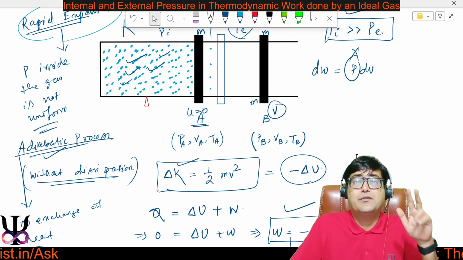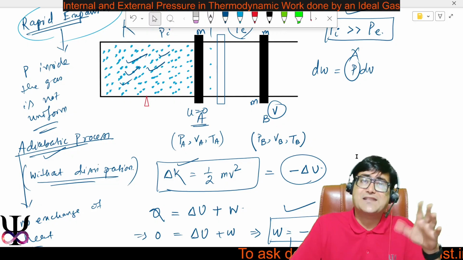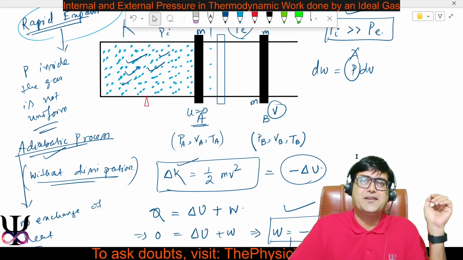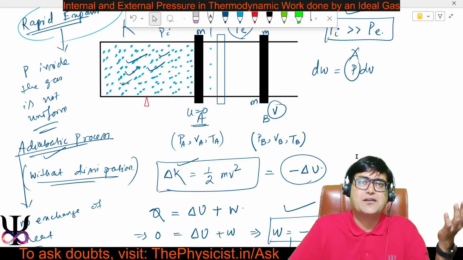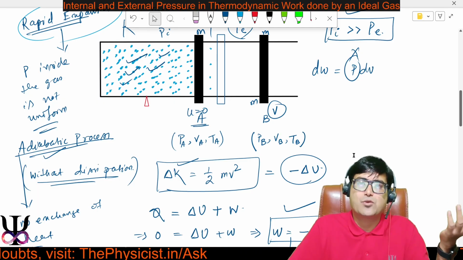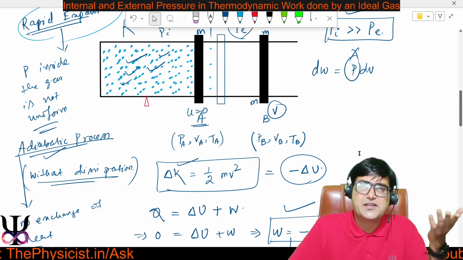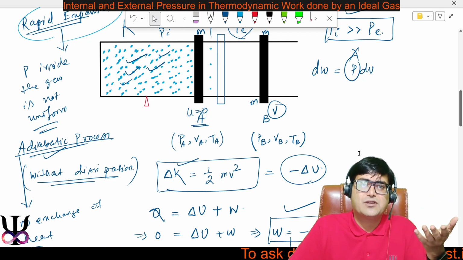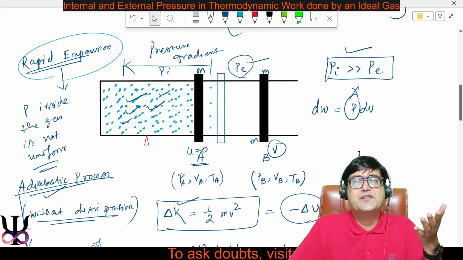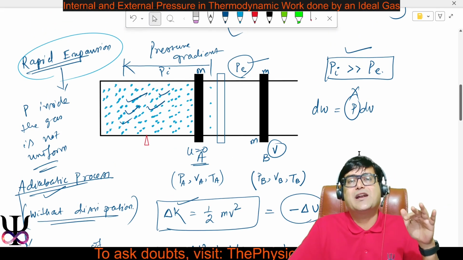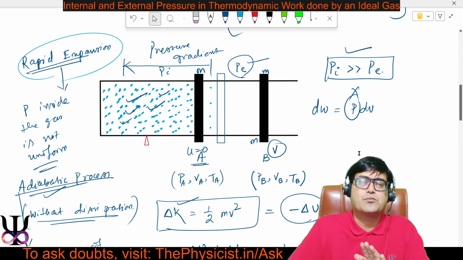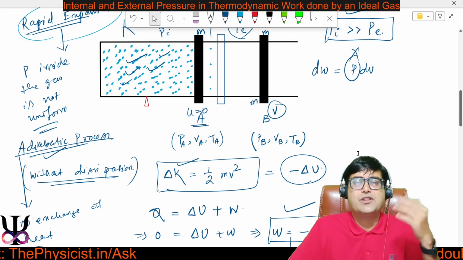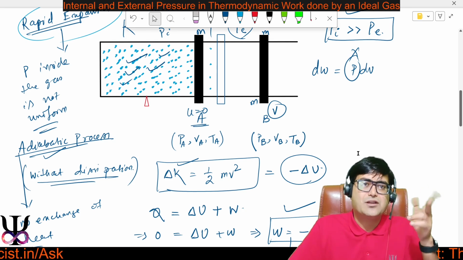And if the mass of the piston is zero, then the gas is simply expanding without any piston, you can say. So the gas is expanding freely against vacuum, but rapidly. In that case, the work done is zero. Why? Because there is no kinetic energy given from the gas to the piston if it's a rapid process. So if it's a rapid process that is not against vacuum but against some external pressure, in that case, I already told you that you have to calculate the change in